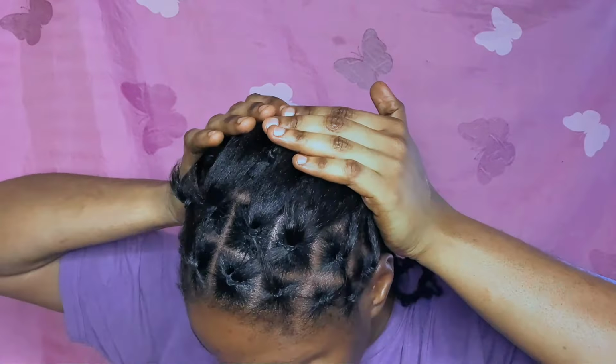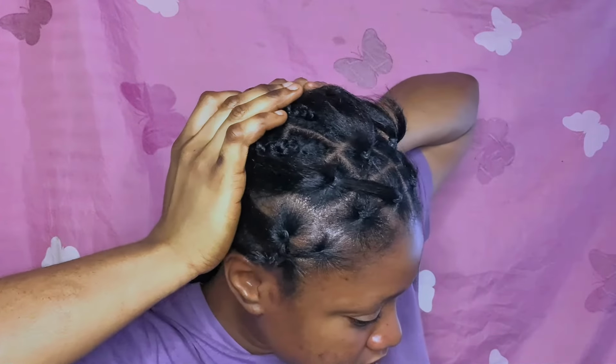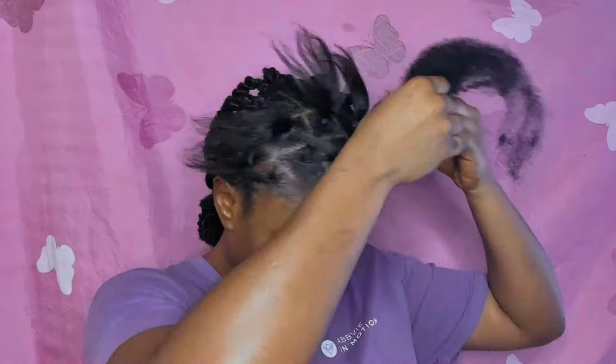I had to segment it into 6 parts so that it would give me what I wanted. Because if I was going to twist it individually,